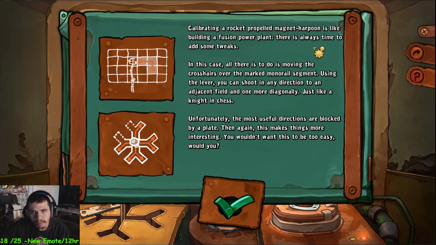Calibrating a rocket-propelled magnet harpoon is like building a fusion power plant. There is always time to add some tweaks. In this case, all there is to do is moving the crosshairs over the marked monorail segment. Using the lever, you can shoot in any direction to any adjustment field and one more diagonally, just like a knight in chess. Fortunately, the most useful directions are blocked by a plate. And again, this makes things more interesting. You wouldn't want it to be easy, would you? Funny, I don't know anything about chess, so...